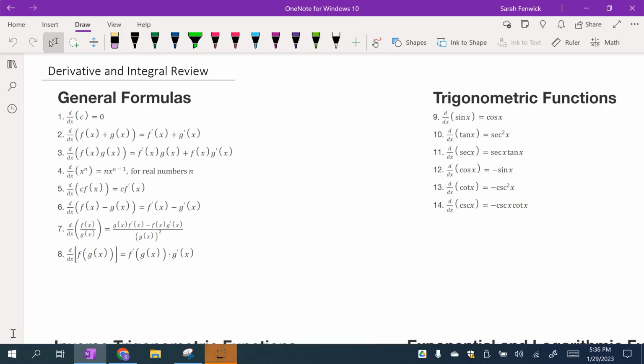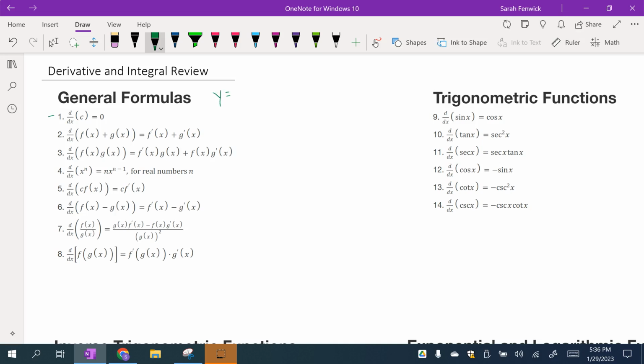In OpenStax Calculus Volume 2, at the back of the book, or if you're looking online, it's listed in the appendices of the book, there are derivative and integral tables, which are just your formulas. And I want to go back through and do a quick review of some of these. So talking about derivatives, which was early in Calc 1, we have the constant rule, which says if y equals